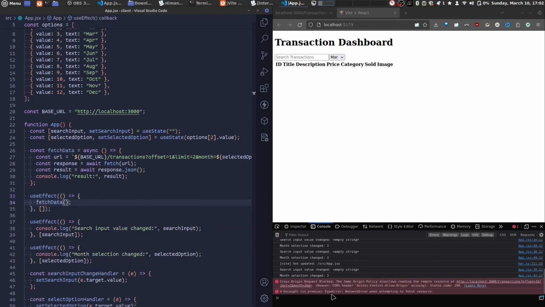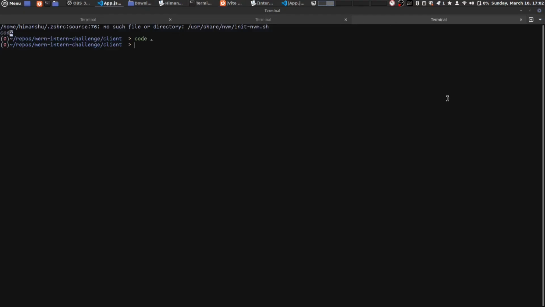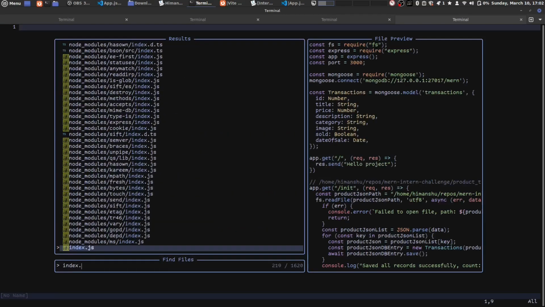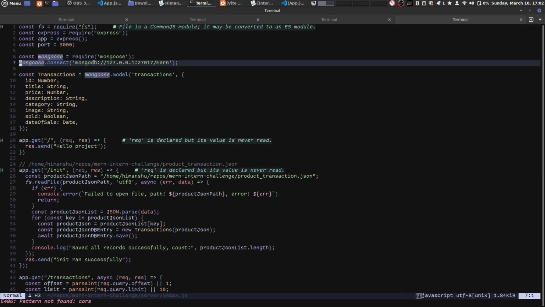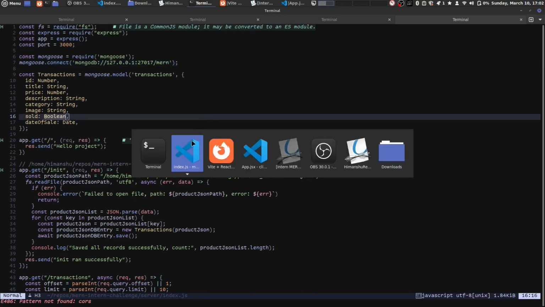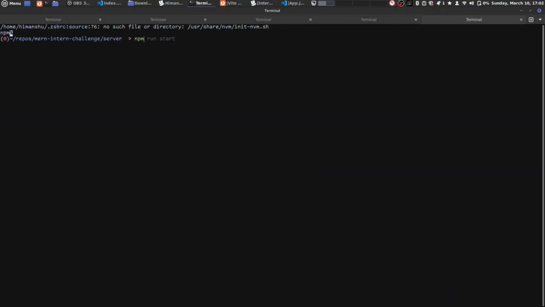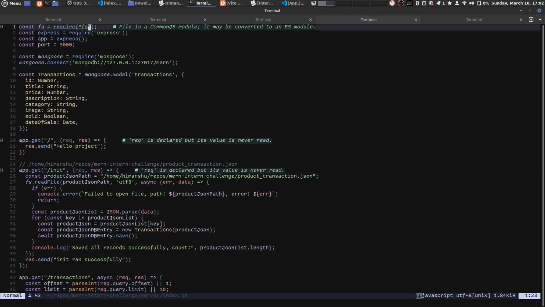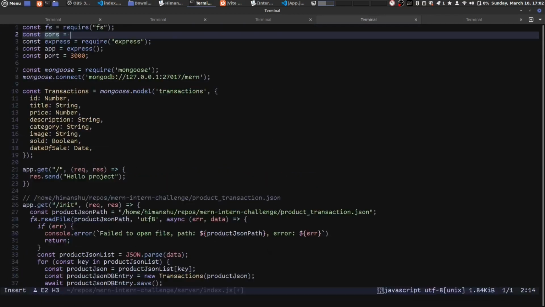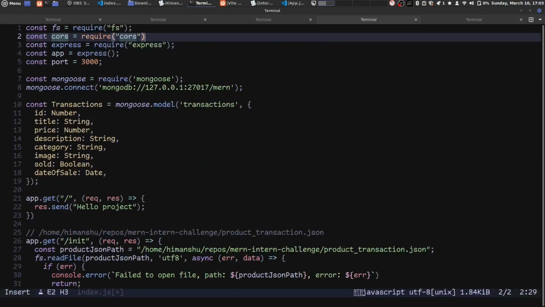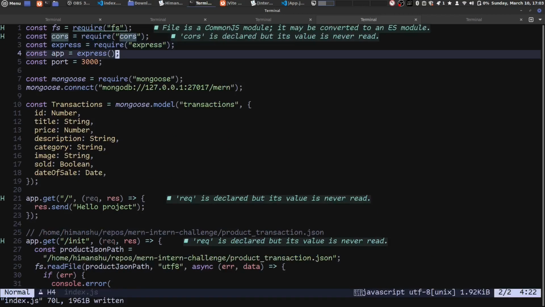So we are getting a CORS error here. One thing that we will have to do on our server part, I'll just open the server code, and inside index.js I haven't given the CORS setup to allow making requests from some other origin. So I'll just provide that right now. I'll install cors here, npm i cors, and I'll use it here. First I'll do cors equal to require cors, and this cors we are going to give